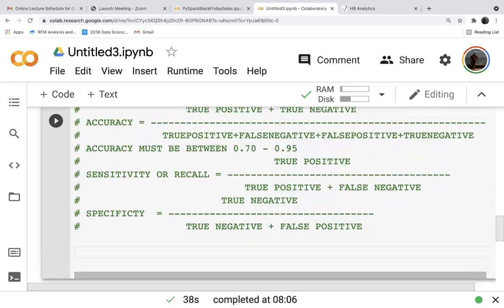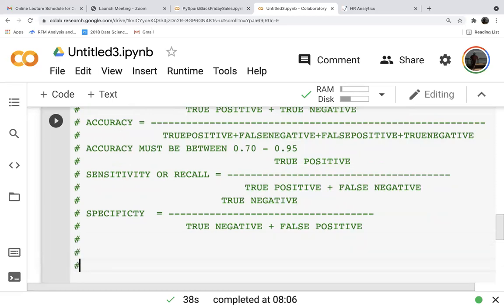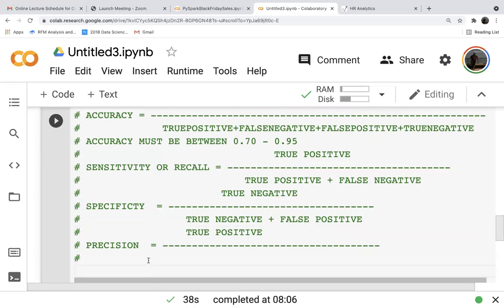After specificity, we calculate something called precision. The next metric which is important is precision. The formula is true positive divided by true positive plus false positive.